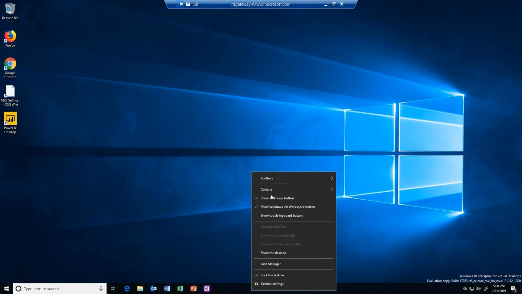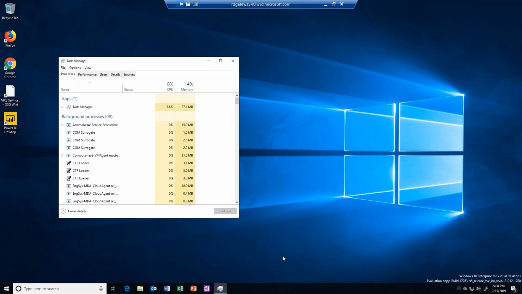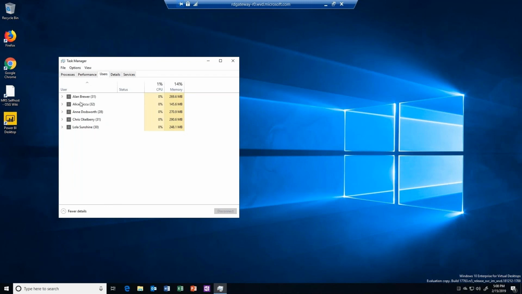Go to Task Manager. There we go. And then we want to click the Users tab. And we can see we have 4 other users along with Alice here. So